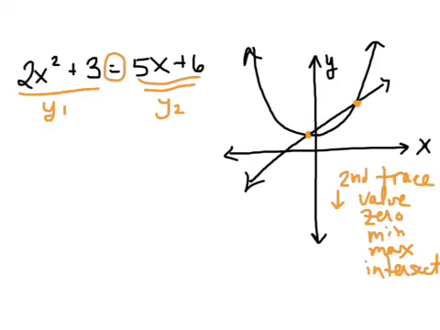Intersect means where is it cross? Well, that's what we're trying to find. So what you're going to do is you're going to go down to option number 5. And now here's what's going to happen. When you select option number 5, it's going to come up with a blinking cursor right about there, and it'll